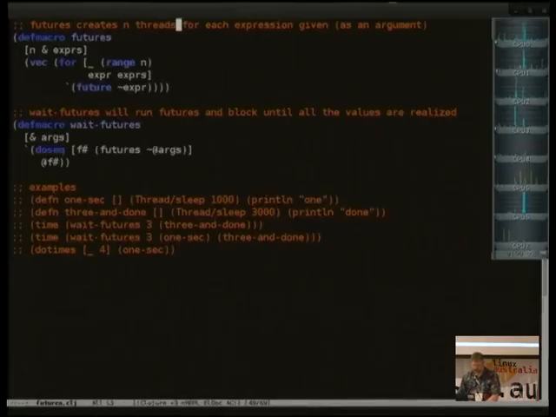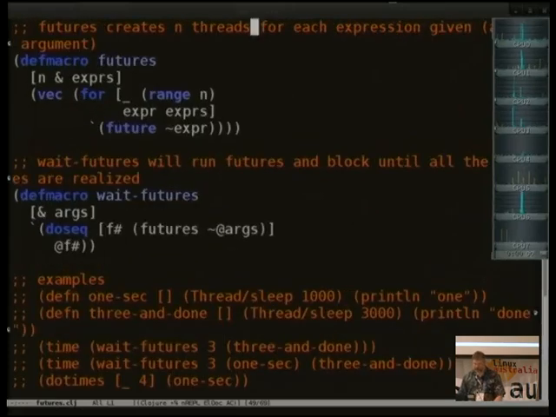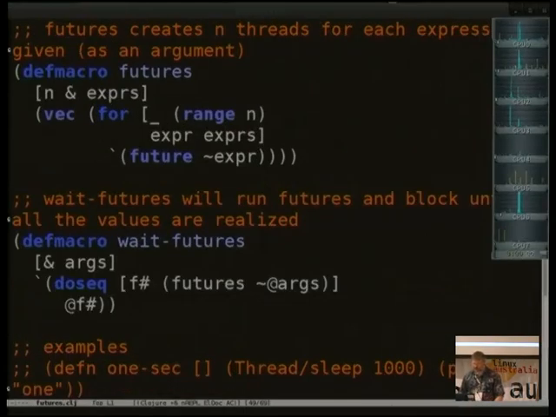Now, for my other examples, I want to show you a little usage of writing a macro. This looks kind of scary, it looks kind of impressive, but maybe it'll make some sense through examples. What I'm really trying to do is define the second macro, wait-futures, and what wait-futures is going to do is call this first macro, futures, and basically say, I want to run all of the arguments, which are computations, times n threads. So for example,